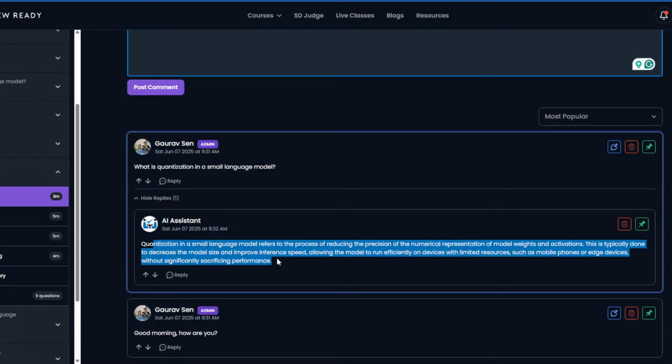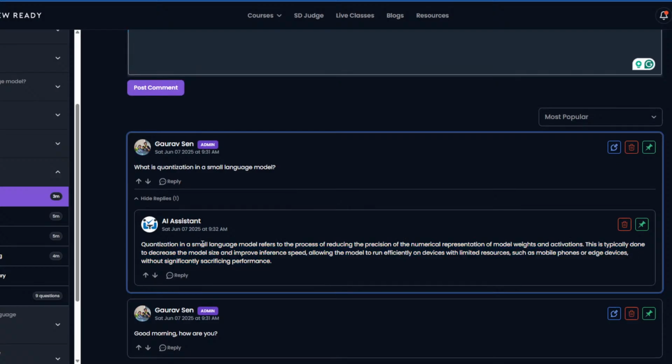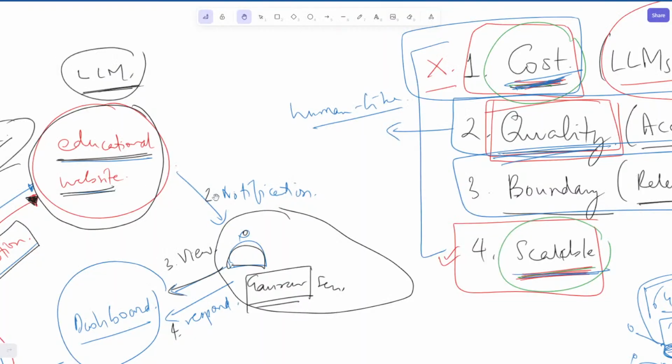It came up with a response in 10 seconds. Yes, I'll have to read this, but this is much better than Gaurav coming back with a response in 24 hours. So that's the major benefit. Let's say you are on a weekend and you have a query, and Gaurav is also on a weekend. So that's going to be a 1 day or a 2 day wait. It's not worth it, because when you come back, it's going to be the next weekend, which is 7 days away. So it completely destroys the flow. Instead, this is much easier.